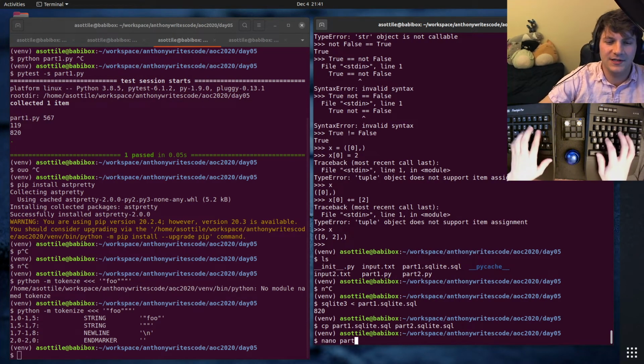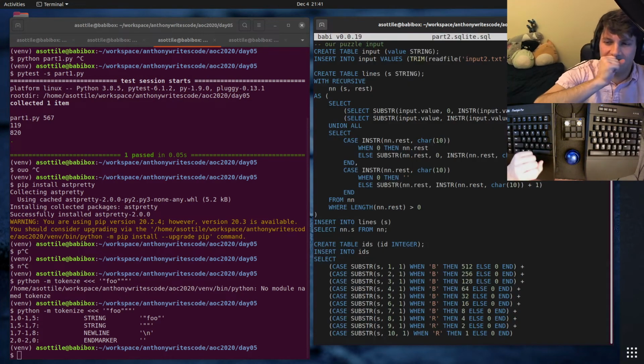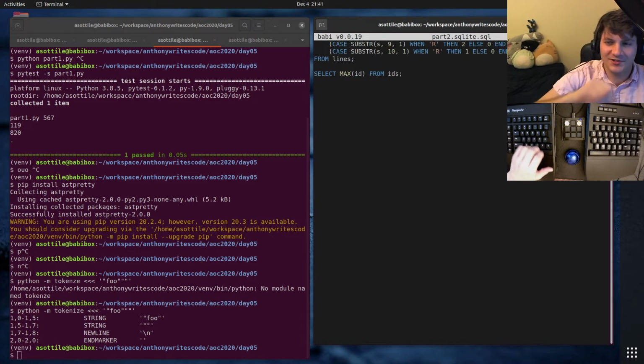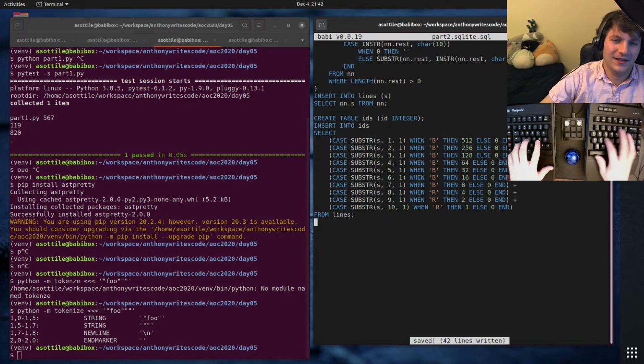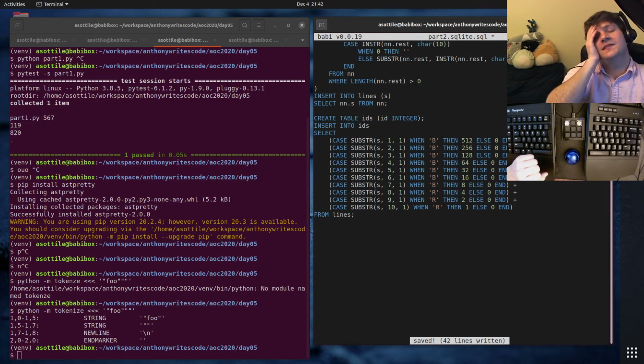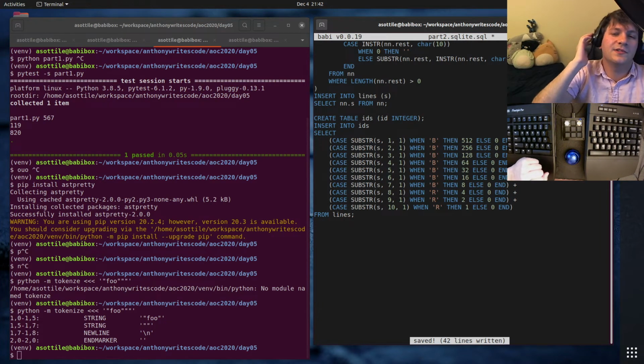Part2.sqlite.sql. Evil tricks part N, import YAML as JSON. Oh, don't do it. Okay, so what's the easiest way to do this? We can just do a terrible subquery. I think I'll just do a terrible subquery.